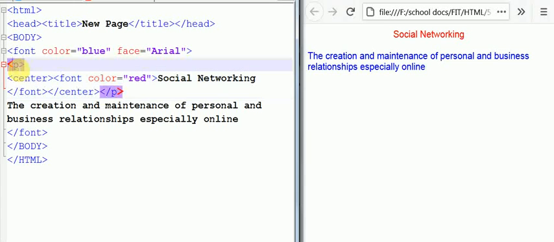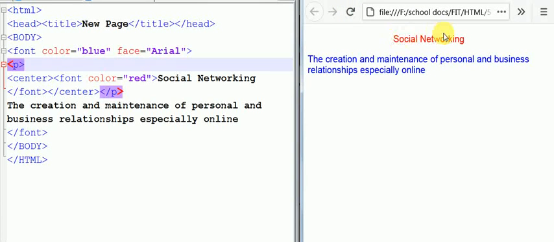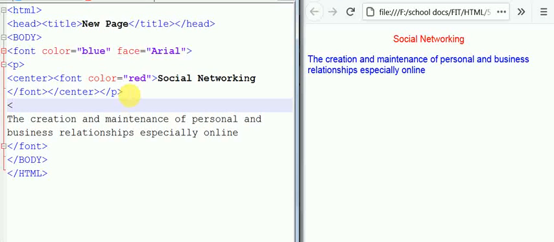So now this social networking is one paragraph, and this creation is another paragraph. As you can see, there is a little change since the paragraph is used, so it is giving more spacing. Now I am adding this P once again, then adding the closing P here.